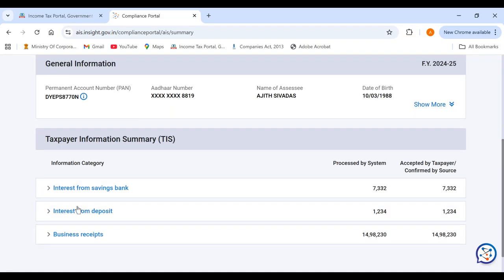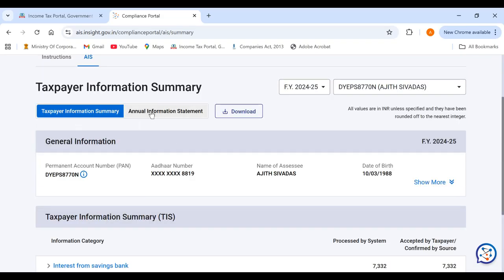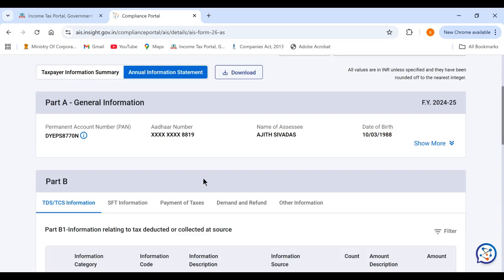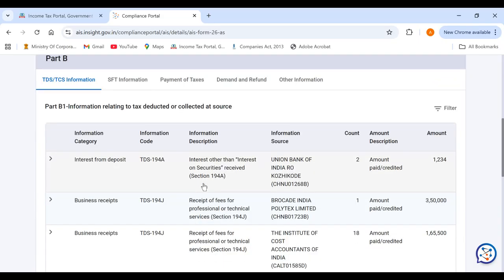Suppose I had transacted high value transactions, credit card, debit card transactions, purchase of securities, sale of securities. In that way, a lot of information could be captured in this TIS, and its detailed report would be here in